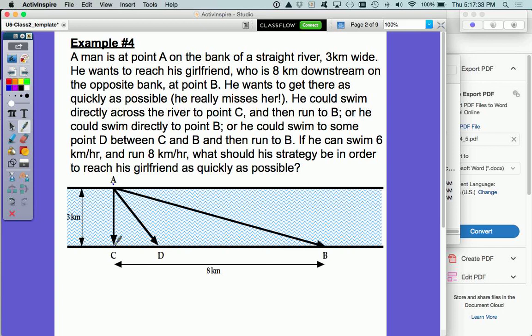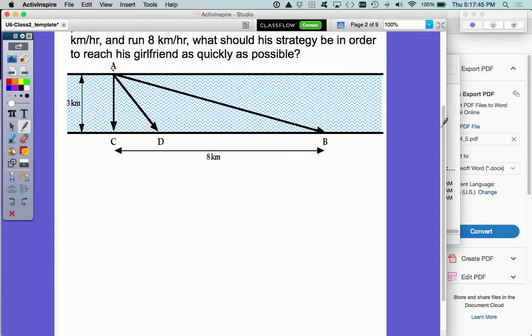So the answer to the question, first of all, is that he's going to go to some point D. Now the question is, where is point D? And that's what we're really asked to find out here. So this is an optimization problem. We're trying to minimize the amount of time that he spends. So let's start there. And we're going to say what we want to do here is minimize